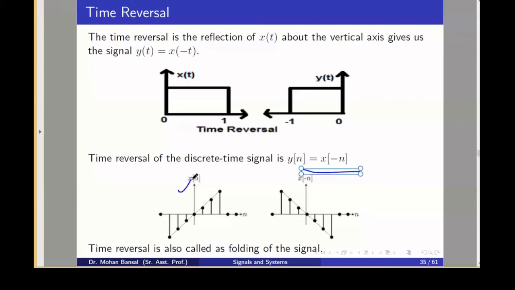So now here one example is y(n) equal to x(-n). This is the original signal x(n). Now this is the folded signal x(-n). Here the first quadrant part will move to this side and this will move to this side, just folding. So here you can see that. This is the reversal or folding of the signal.